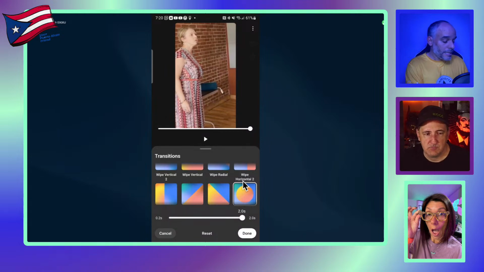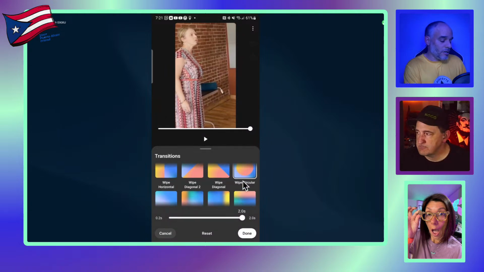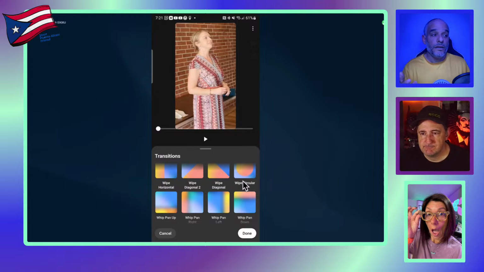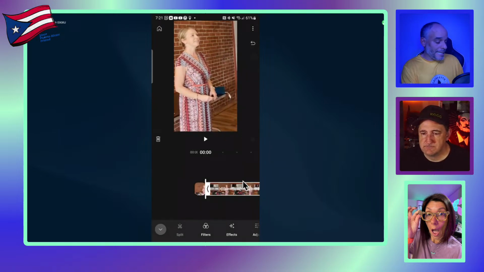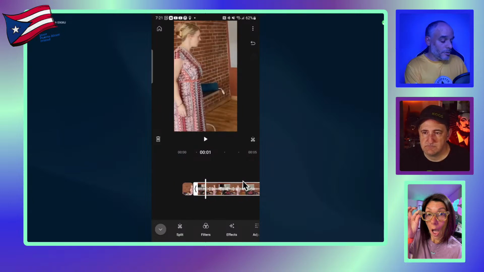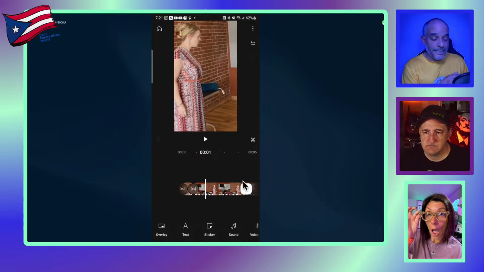And so it really helps you. If you're like, oh, I don't really know if I like it, I could just reset it and start from scratch again. So transitions are great when you're clipping something. At any time that I want to add, let me go to the end right there, boom. You see, I can add the transition in between the clips that I've sliced with the scissors, right? Trying to make it simple for you to understand.